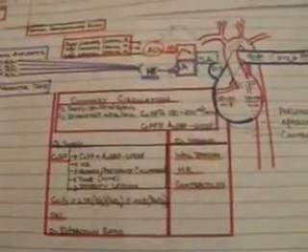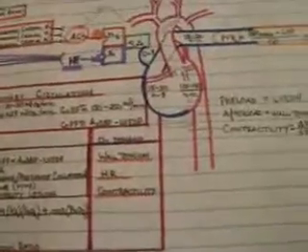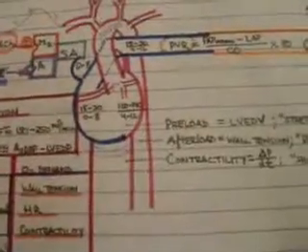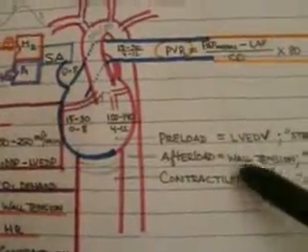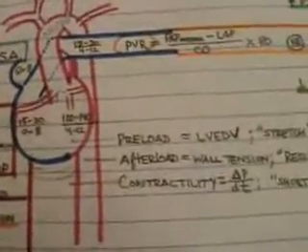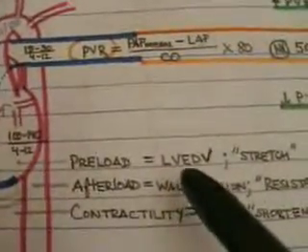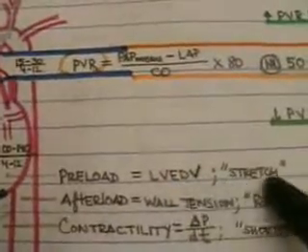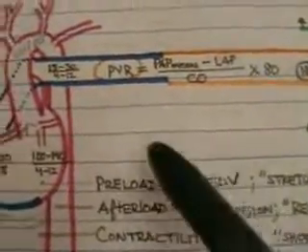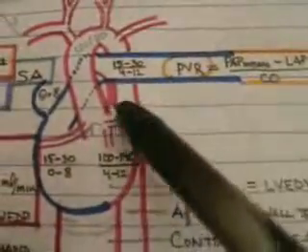We're going to continue talking about the cardiovascular system, and in the previous lecture we talked about the major determinants of cardiac function being preload, afterload, and contractility. And in this lecture we're going to focus primarily on preload, which by definition is the left ventricular end diastolic volume, or can be thought of conceptually as a stretch within the left ventricle during diastole, or the relaxation period